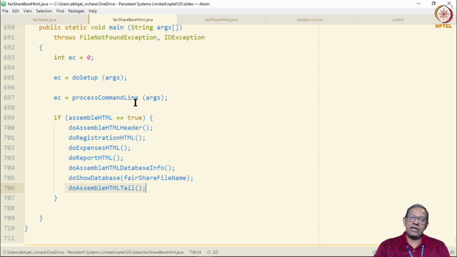We have already looked at the processing that will be done by the command line version, and that processing is going to remain the same. So in this part, let us focus only on the HTML producing functionality of our code.